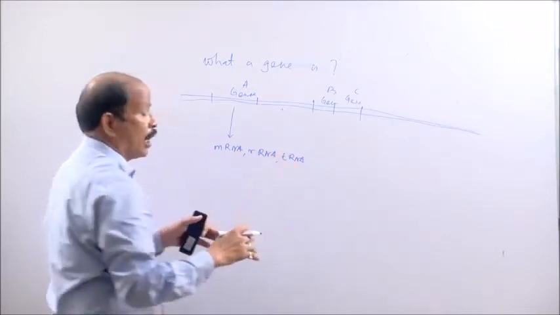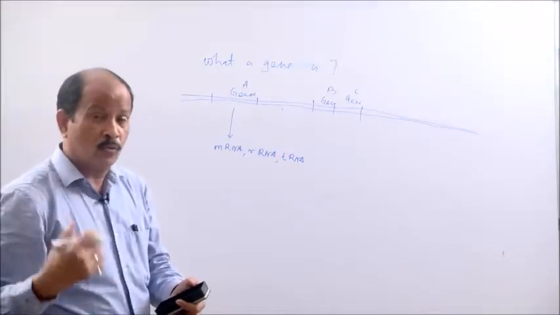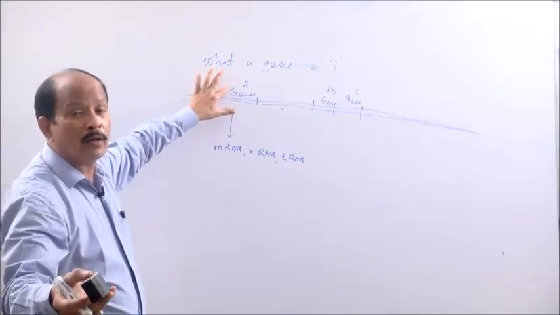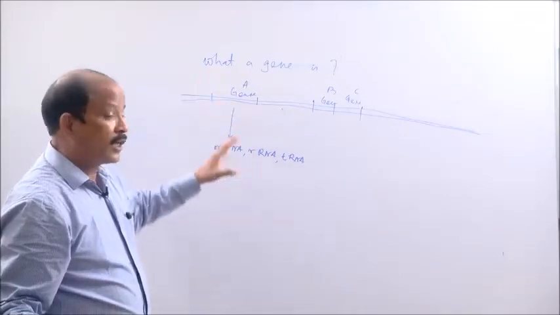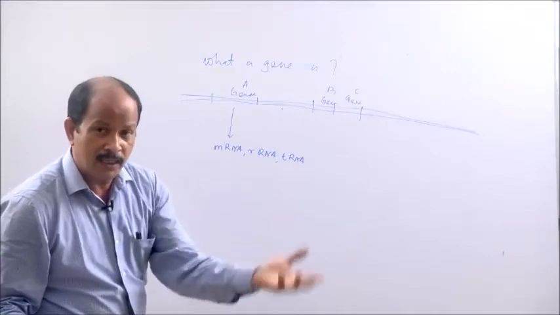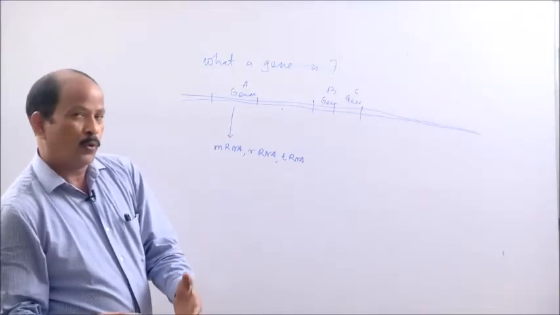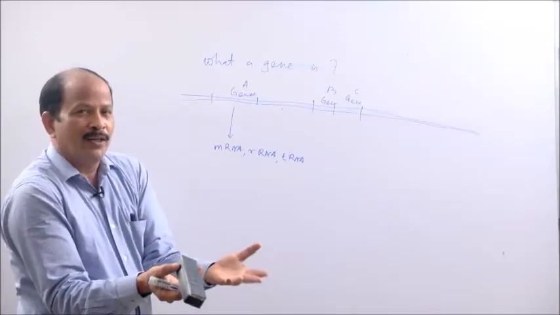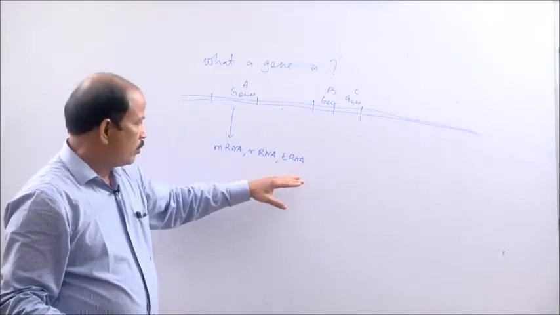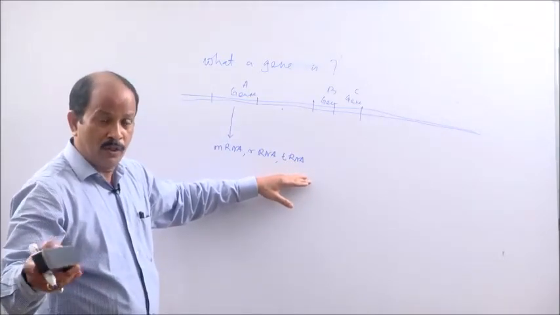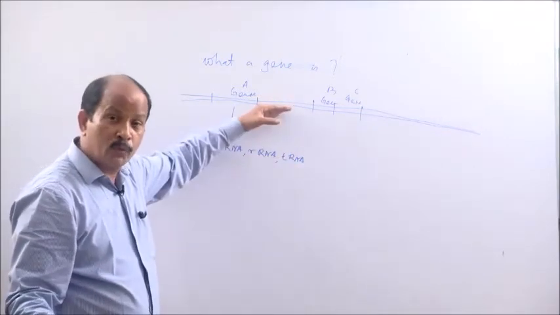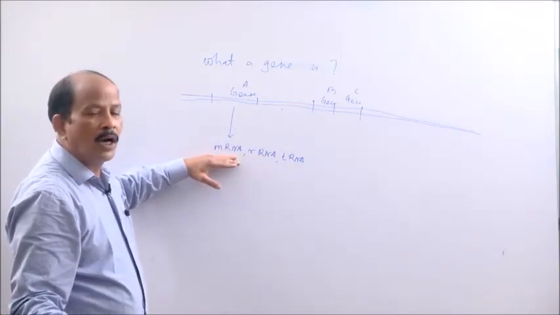Earlier our concept was like this. Before 1980 it was thought that a gene codes for protein, but we see that in the cell, in addition to proteins, there are rRNAs and tRNAs. So from what source are they produced? Definitely tRNA has its corresponding gene. The tRNAs in a cell have their corresponding genes. The rRNAs have their corresponding genes, and mRNAs have their corresponding genes.